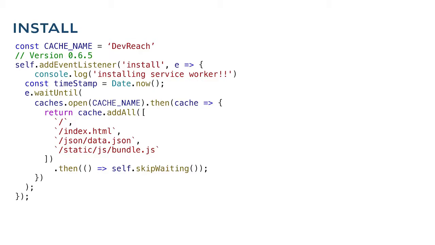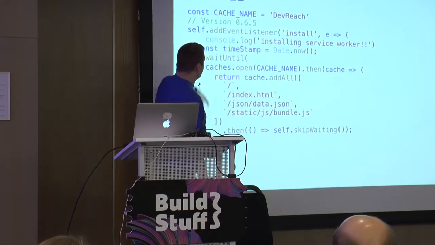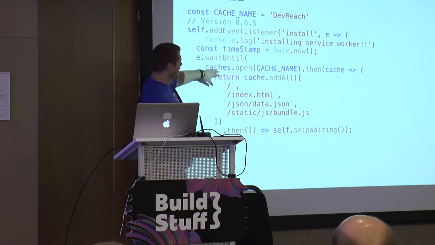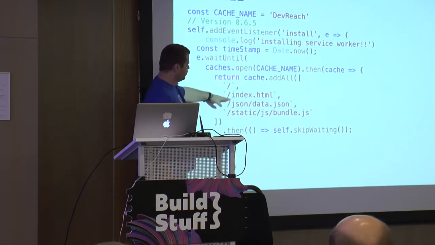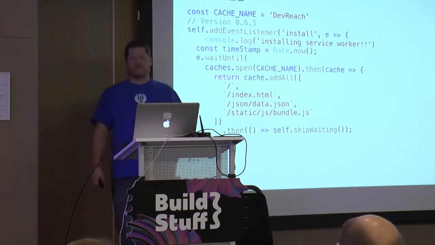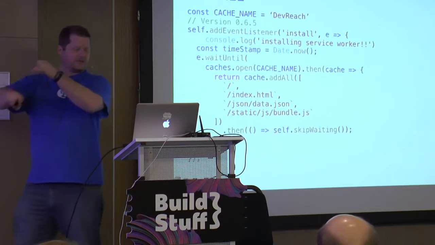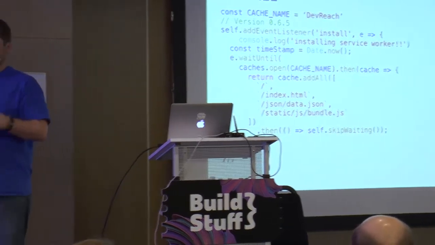We're going to install this. We're just going to install. The first thing we do when we install, check this out. I'm going to open a cache, and I'm going to go pull a bunch of stuff. Very first thing, I'm going to pull index.html, my bundle, and my data.json, and I'm going to cache it right